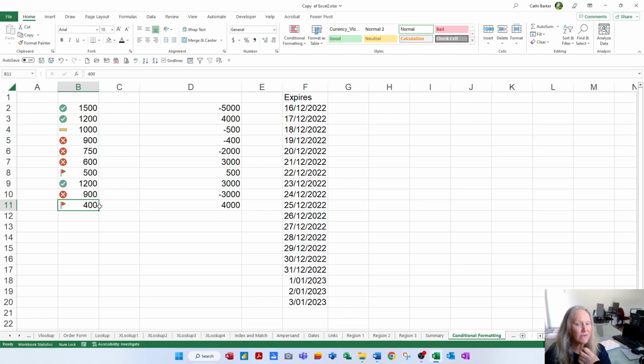Anything that's less than 500 is a flag. Anything that is 1,000 will be a yellow dash. Anything greater than 1,000 is green. And as you change the figure, so if this becomes 1,000, it's a yellow dash. If it goes to 100, it's a flag. If it's 600, then it's a red cross. But if it's over 1,000, then it's got the green light. So icon sets are a really great way of visually letting people know if things are okay or providing an